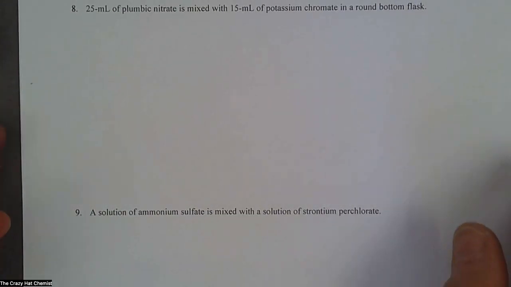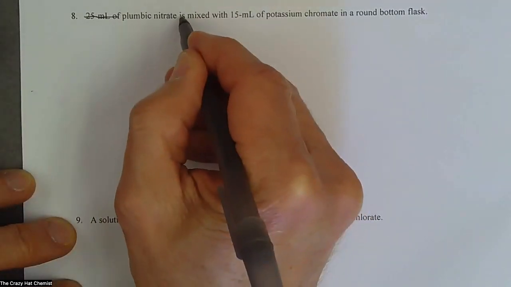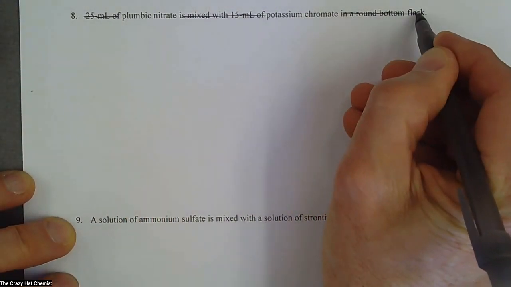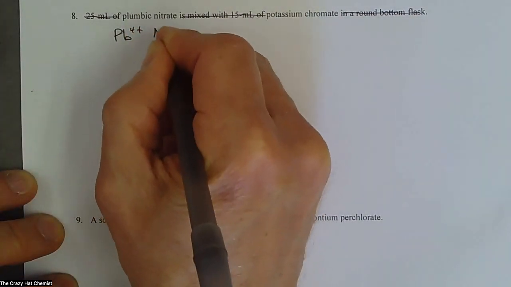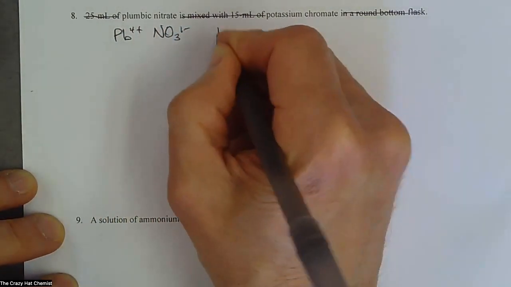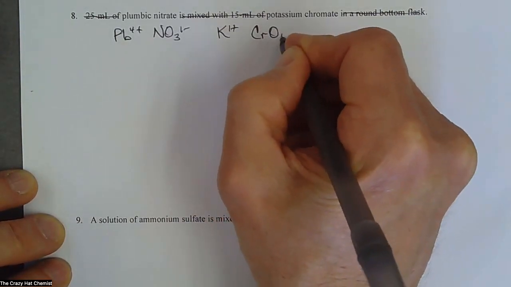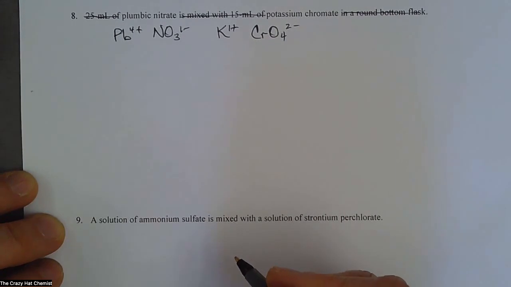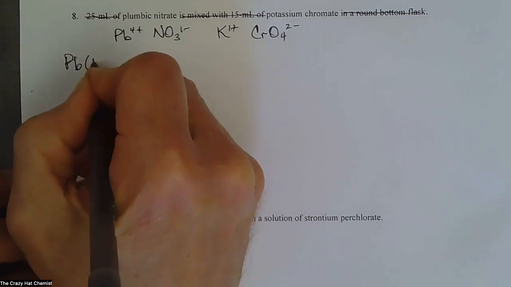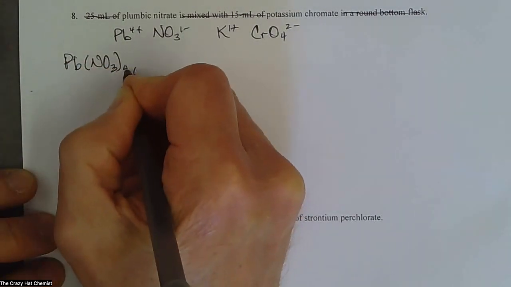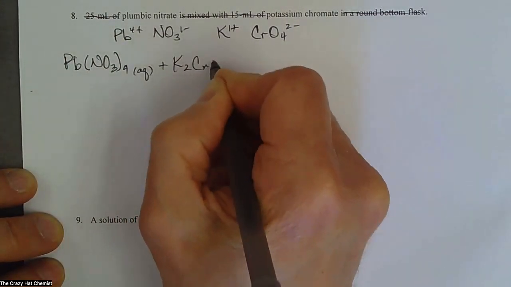All right. So number 8. Here we go. Plumbic nitrate is mixed with potassium chromate. All right. So plumbic, that's Pb4+. Nitrate is NO3 1-. Potassium group 1, 1+. Chromate is CrO4 2-. So we have plumbic nitrate, Pb(NO3)4. All nitrates are aqueous. Plus K2CrO4,